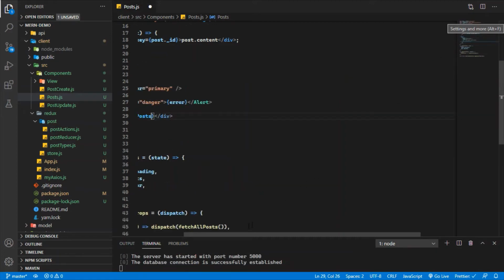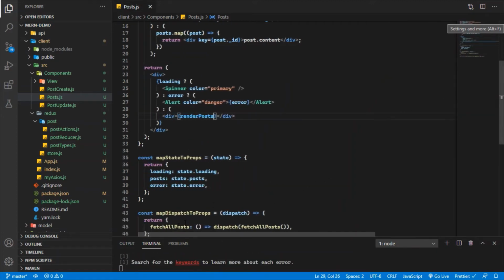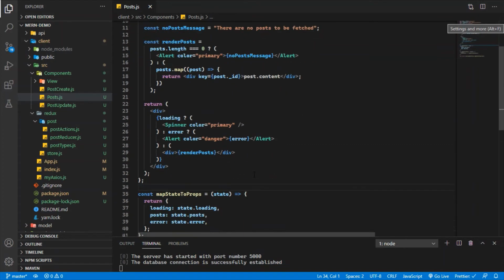So now I'm going to format it here, and I hope you understood everything. So first, if it is loading, I'm going to display the spinner, and if there is any error, I'm going to display it, and after that I'm going to display all my posts.